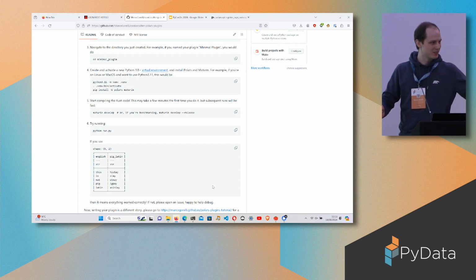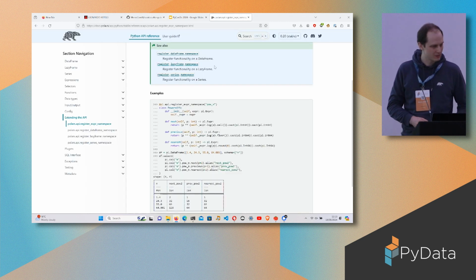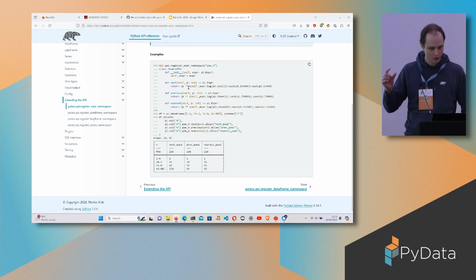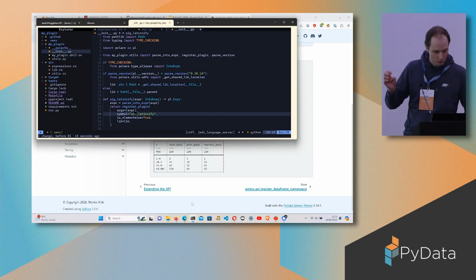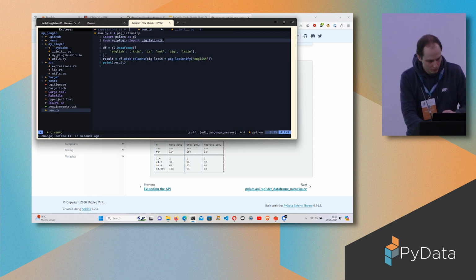So I just want to clarify. So the namespace you can create it with pure Python, but you can also create it with what we're doing now with Rust, and so it works both ways, right? So the namespace, I think you can only register it from Python. Whereas what we're doing from Rust is we're creating a function. So just to clarify the difference. So in my case, I've made a function pig Latinify, which is inside,